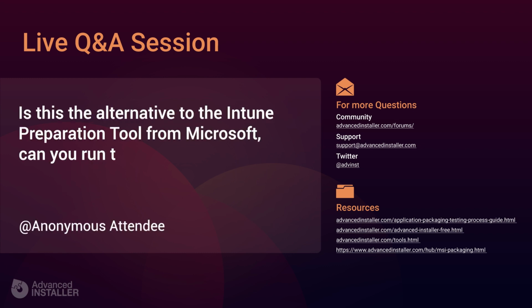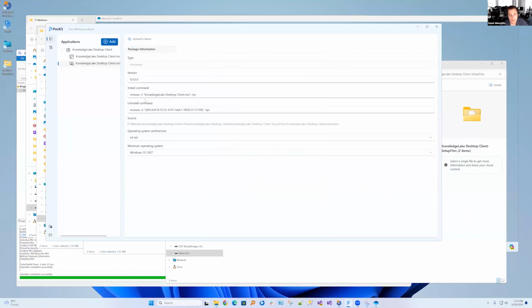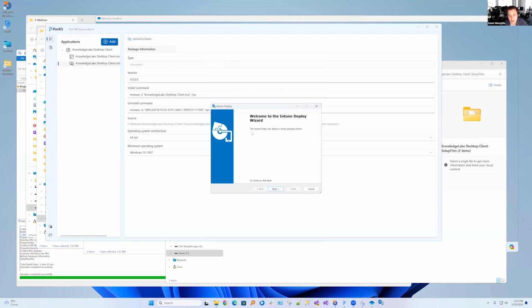We have another question from an anonymous attendee. Okay, is this the alternative to the Intune preparation tool from Microsoft? Can you run through it again? Okay, so yeah, authentication failed, of course. So the upload to Intune is a tool that we've developed in-house, which we can use to upload the package into the Intune server. In our case, it will deploy the Intune Win file that we've just created, but